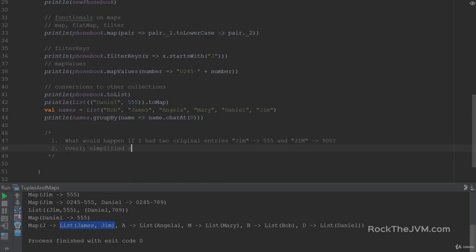Now let's design an overly simplified social network based on maps. All right, so each person will simply have a name. So person equals basically string. The network will keep an association, that is a map hint, between each name and a list of friends. So basically to another list of strings. We want to be able to add a person to the network, remove a person,